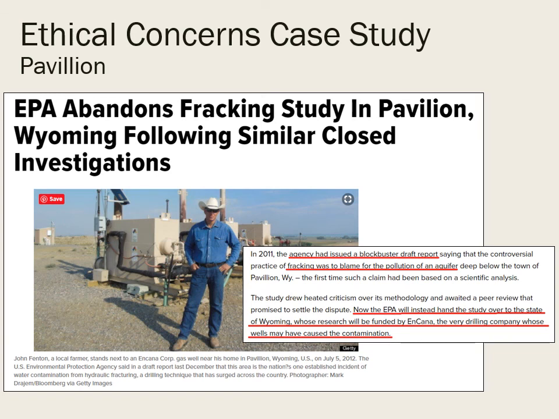There are also ethical concerns. So think back to when we were discussing FOIA earlier, that EPA Region 8 Pavilion thing. Okay, so the EPA made its draft report public in 2011. And that study really ticked off some senators in Congress. And actually, based on some correspondence that was obtained under FOIA, there were some senators who were